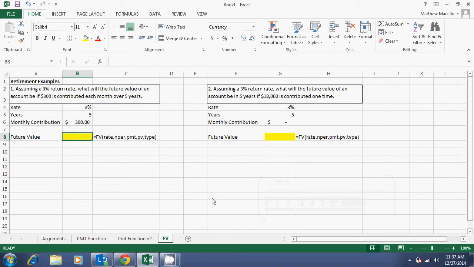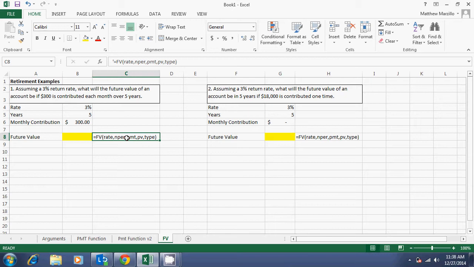This is our last example for the week with using the financial functions. And we're moving from the payment function to the future value function. And you can see I have the syntax of the future value function sitting right here in cells C8 and H8. And the future value function is a good tool to use when you're trying to calculate the end value of